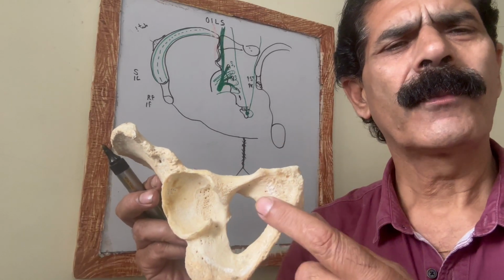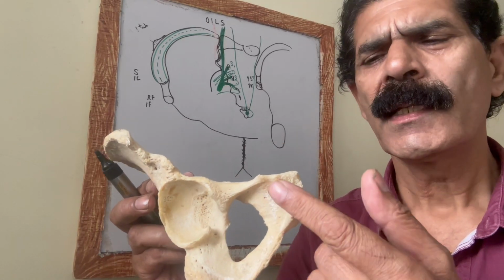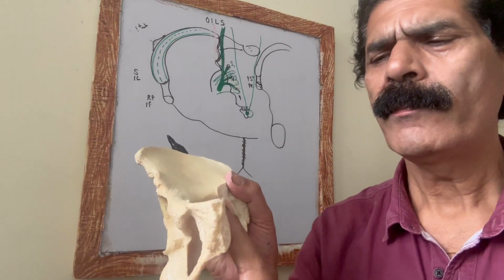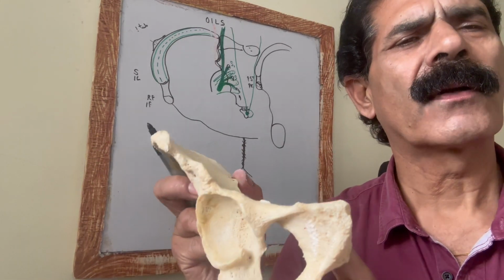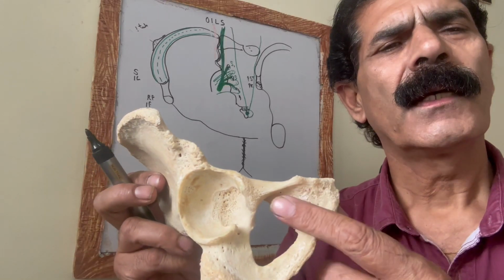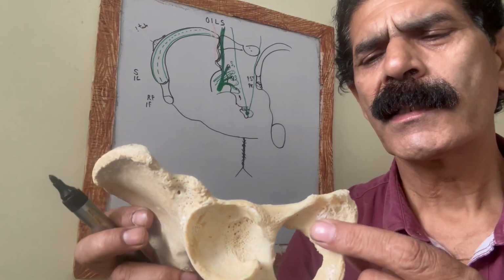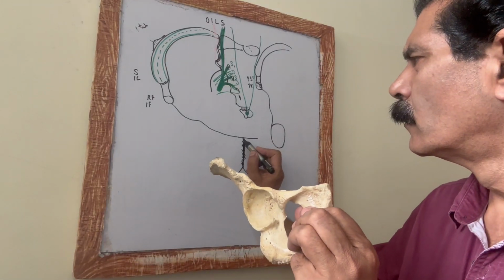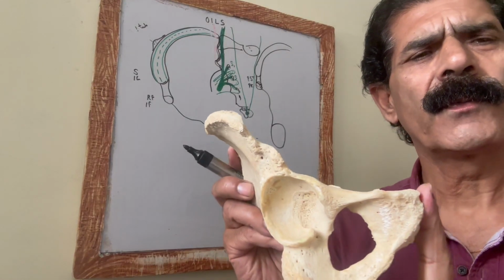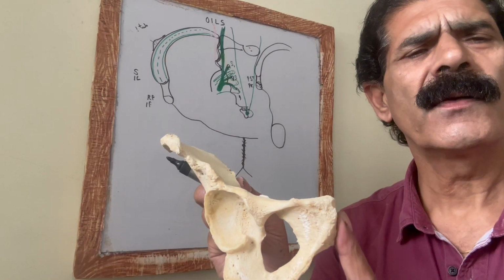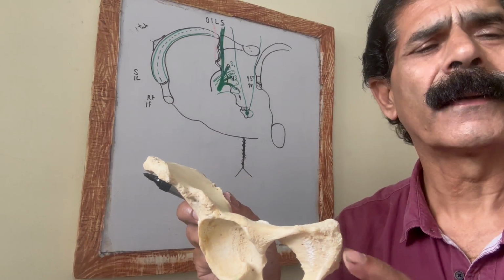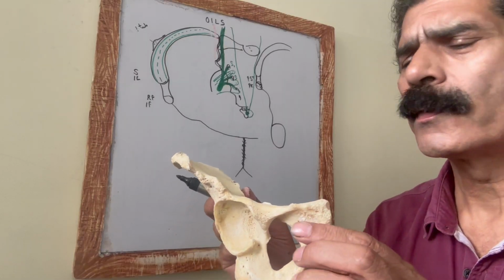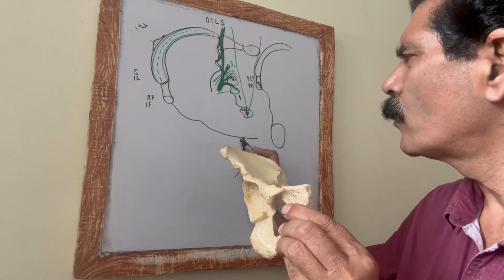So the middle portion, this triangle, is the body of the pubis, having an outer rough surface and an inner surface. The inner surface is the pelvic surface, because the pelvic organs touch here. The outer surface gives the origin of various muscles. So they call it the body of the pubis. The right body and left body of the pubis meet at the pubic symphysis, a joint formed here. The upper part is called the pubic crest.